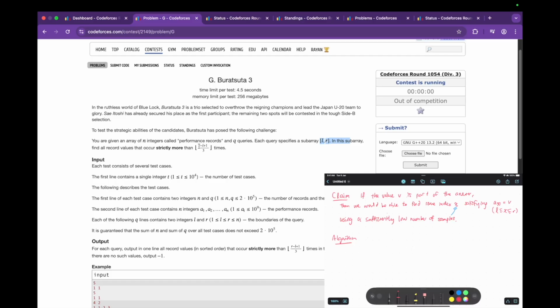We would sample some number of points, some indices, in LR. And then the second step of this algorithm would be to check whether each value, okay, maybe I should say sample some values,